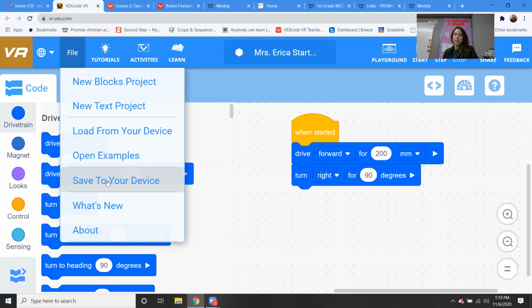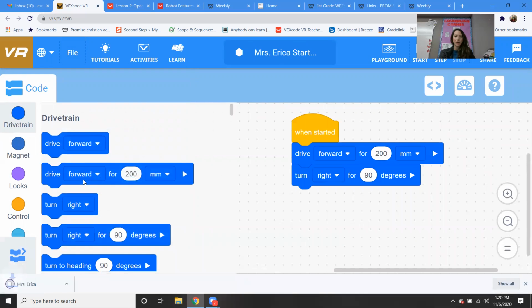So if you want to jot this down, first thing you're doing is renaming it. Put your name, so that way when you send it to me, the little file, I'll just know it's yours. And then you could just put like starter after it, so we'll know it's your first one. And then click on Save Device. You're going to File, Save to your device. And now do you see right here at the bottom? It just